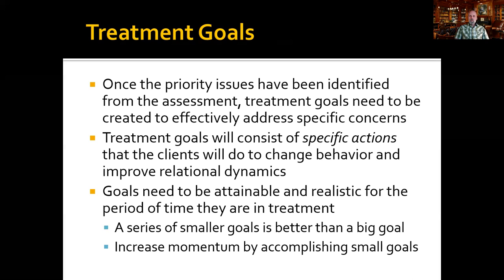Typically, when writing treatment goals, you would want to write a series of smaller goals rather than writing one big giant goal. So if there's a big goal that the family wants to accomplish, we want to break that into smaller steps, things that might be accomplished between now and the end of the session, or now and the next session, or in the next week. The idea here too is that you can increase momentum by accomplishing small goals, whereas if you set one big goal without identifying all of the relevant steps, it can often feel overwhelming, too large, potentially frustrating and demotivating.